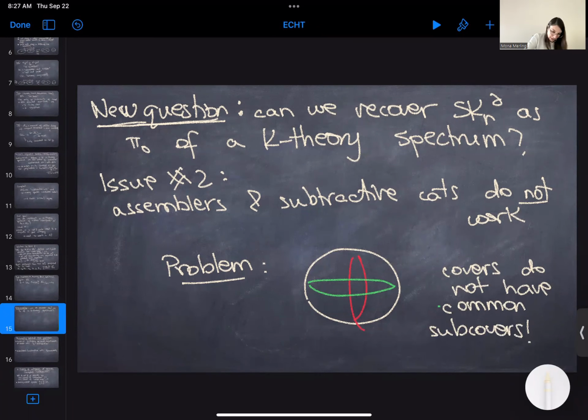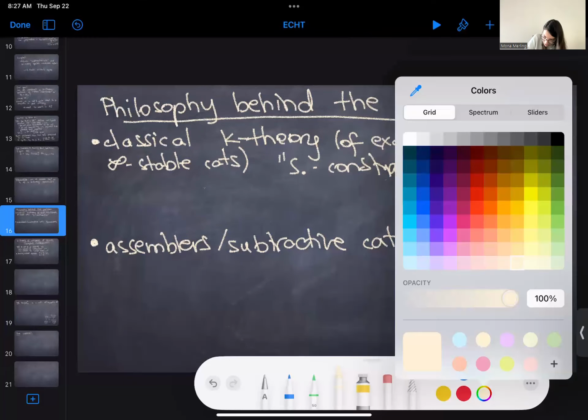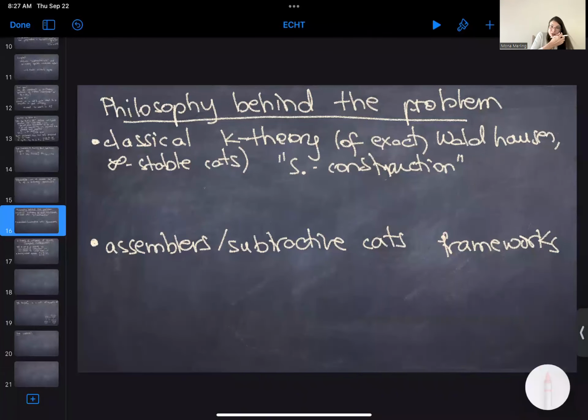Okay, so let me describe a little bit the philosophy behind this problem, since I think that's enlightening. Maybe let me write this in a slightly different color. Okay, so classical algebraic K-theory of exact categories or Waldhausen categories or stable infinity categories. So this is all defined via the S dot construction. And what it does is it encodes